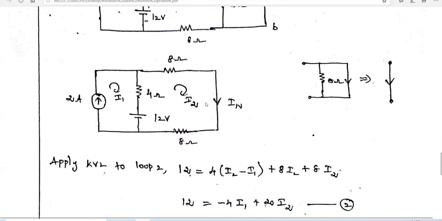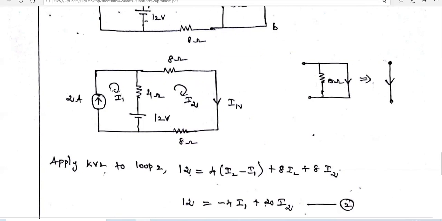Okay, so you see the diagram, this diagram is having two loops. So we may solve this using mesh analysis. We may use nodal analysis or any method, but here I am going to use the mesh analysis method. Here this current you just consider as I1. The current flowing in the second loop you just consider as I2. Okay, so you know the same procedure.